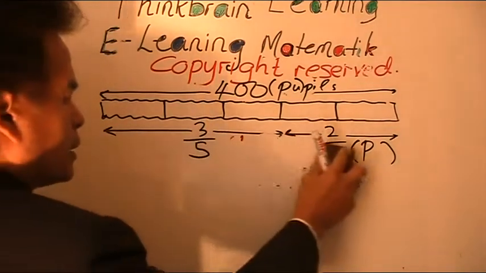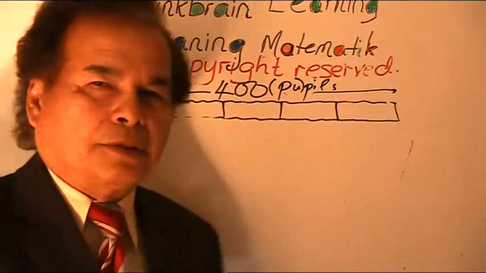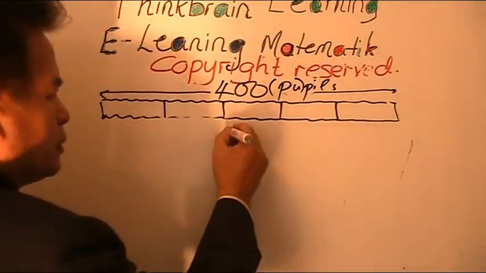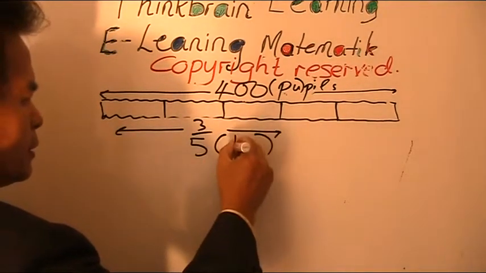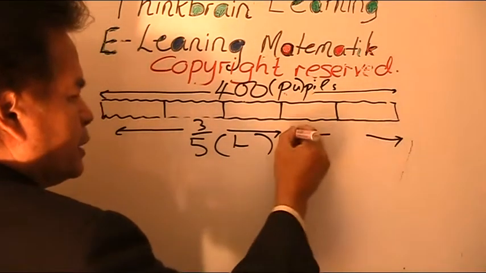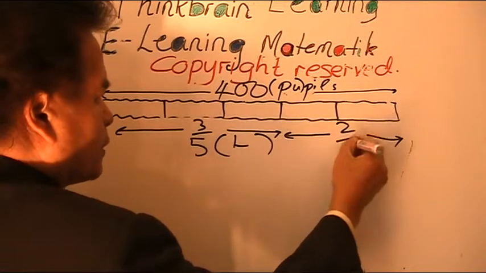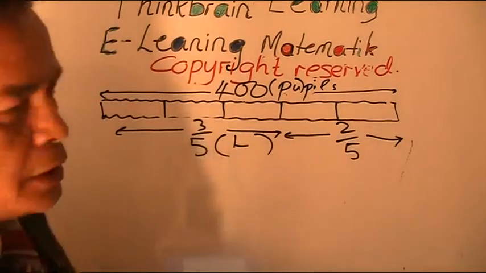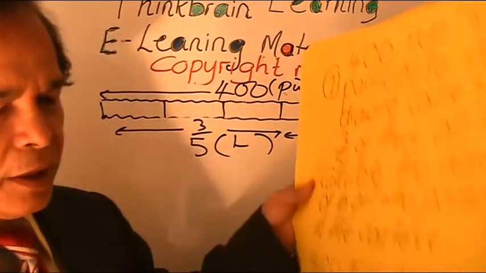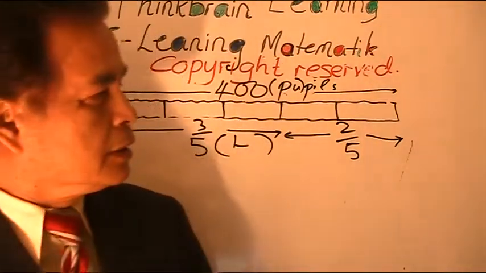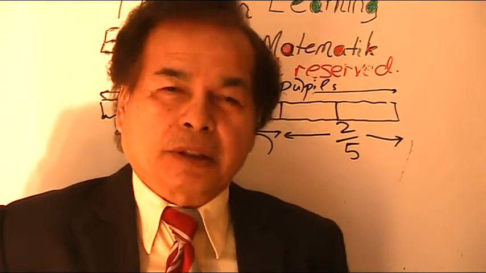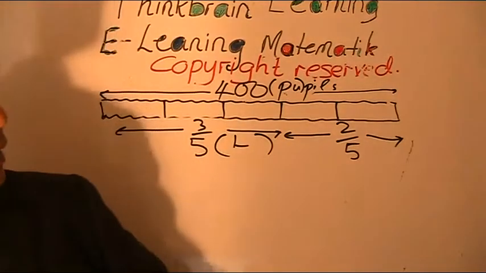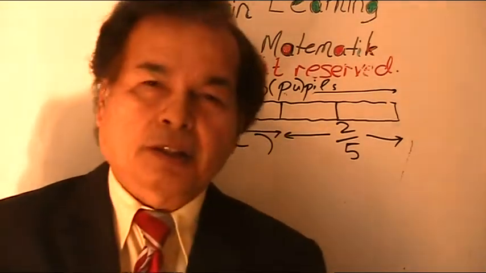Okay. Right. Now, you know 400 pupils altogether. When you know that 3 over 5, as we show you put 3 over 5 here, and these are all boys, and of course this must be girls, which is 2 over 5. Now you know that as usual, you ask yourself what is asked, and from there you write down all the information given, and from the information given you try to think of procedures.